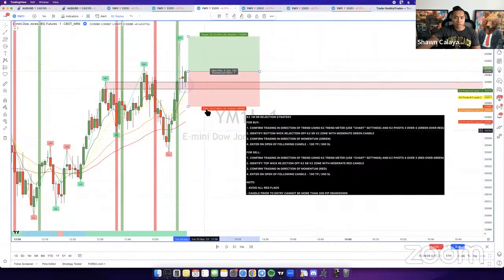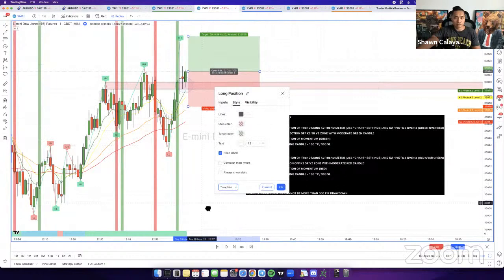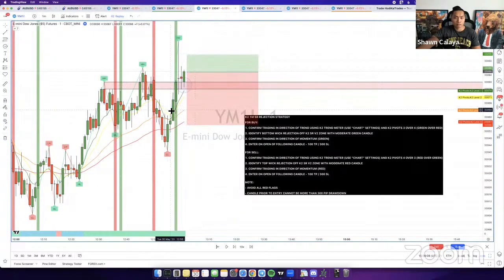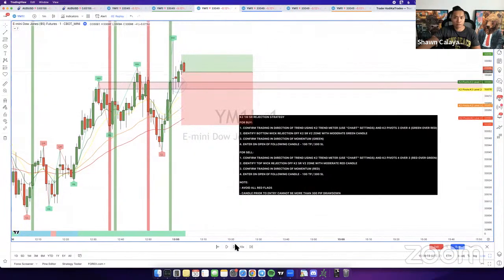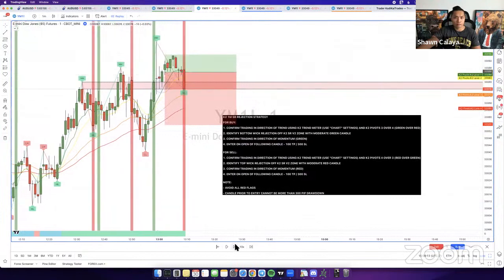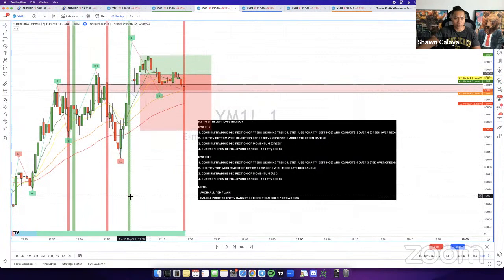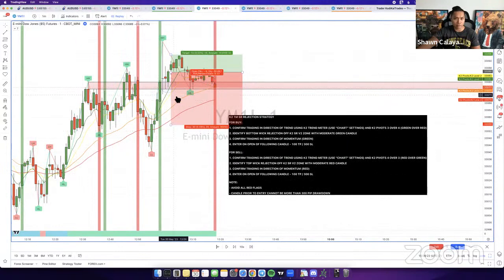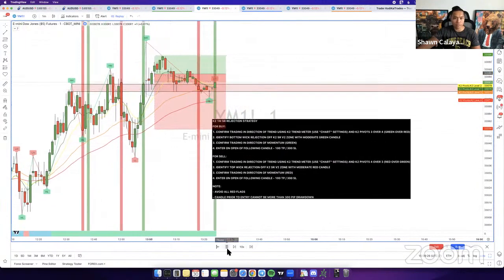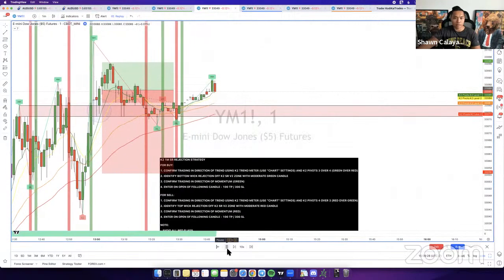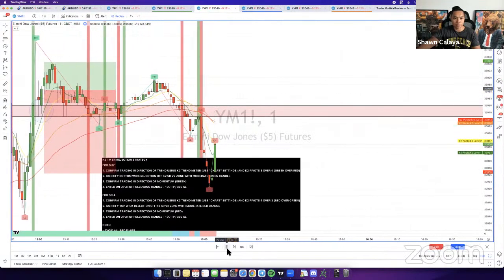Candle right here closes, you enter for a buy position, 100 pips. You let the trade run. And it looks like, well, this entry here wasn't a good example. Look at the timestamp over here. This is at 1 o'clock. Market was about to close. So that's why I was kind of hesitant to show this as an example, but that's the setup that you're looking for. So this right here is not a good example because it'll probably hit eventually, but the market's closed